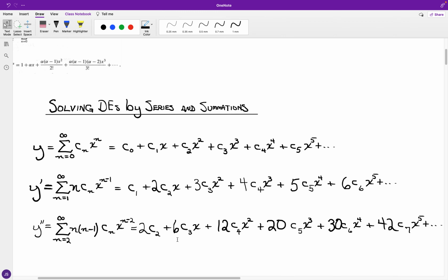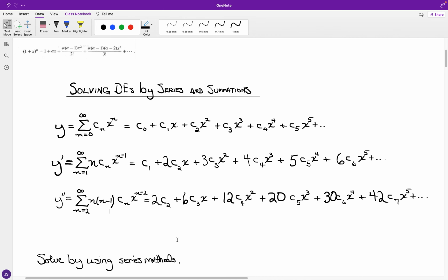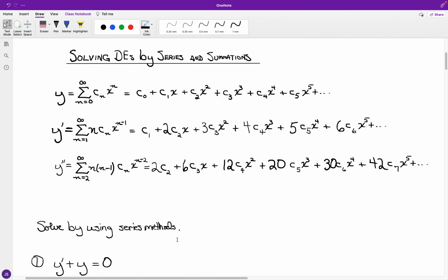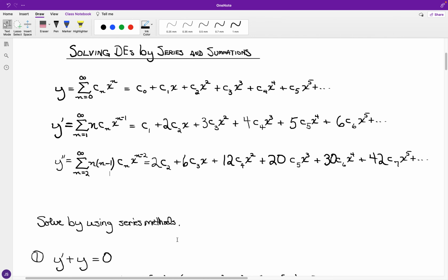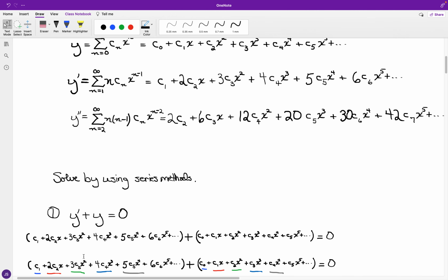and so on. And if we take what we have in the series and look at solving first order differential equations by using series methods, we can say, as a start, something foundational yet basic yet complex: y prime plus y is equal to 0. Just taking what we have for y prime in the series expansion as well as y, we have c sub 1, 2 c sub 2 x, and for y we have c naught, c sub 1